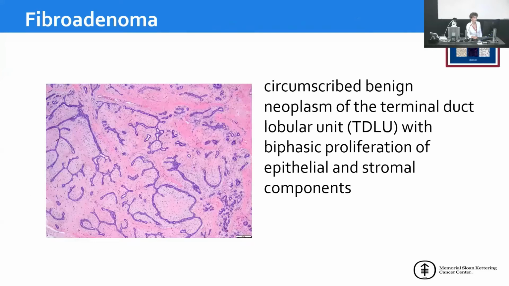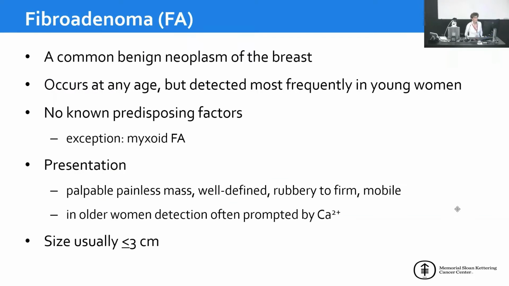possible diagnostic applications. Starting with the most common of fibroepithelial lesions, fibroadenoma. This is a circumscribed benign neoplasm of the terminal duct lobular unit that consists of a biphasic proliferation of epithelial and stromal component. This is the WHO classification definition. As I said, it's a very common tumor, probably the most common benign tumor of the breast for sure. It can occur at any age, but it's usually detected in younger women,